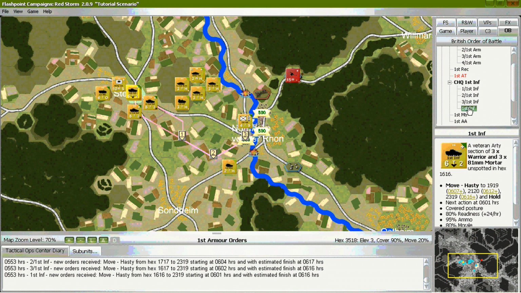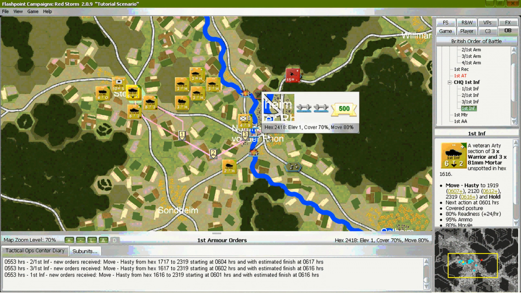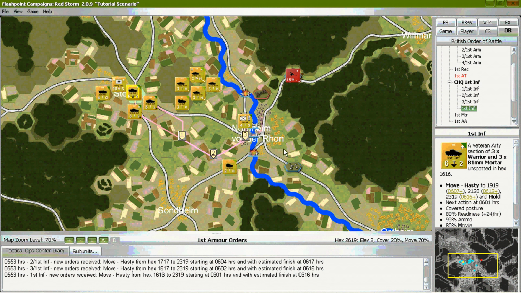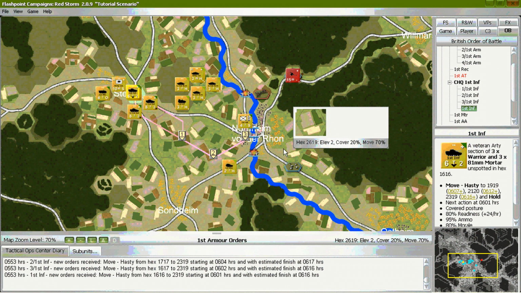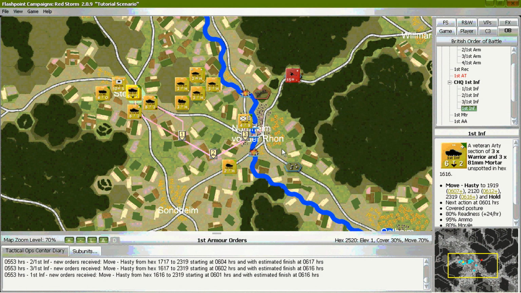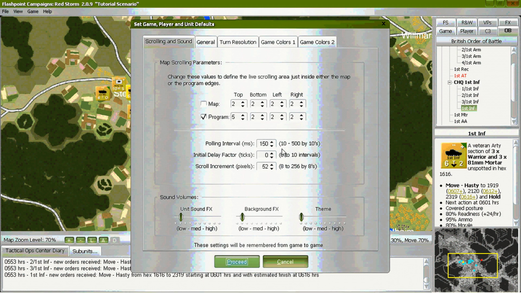I'll use Control V to turn off the victory point markers so that the final paths of the units can be seen. I'll also hit F5 and went into the